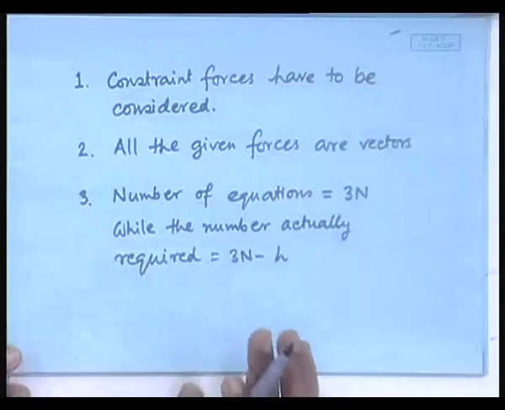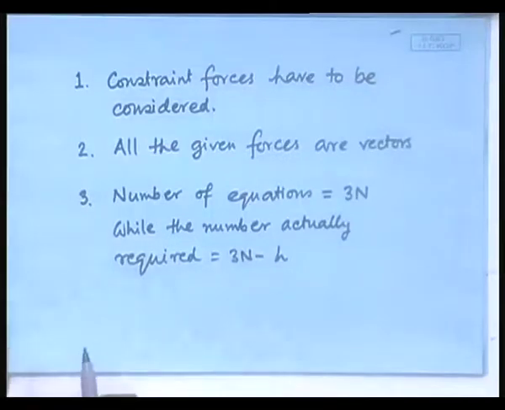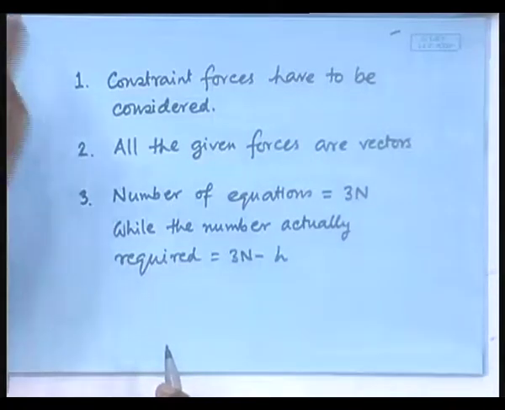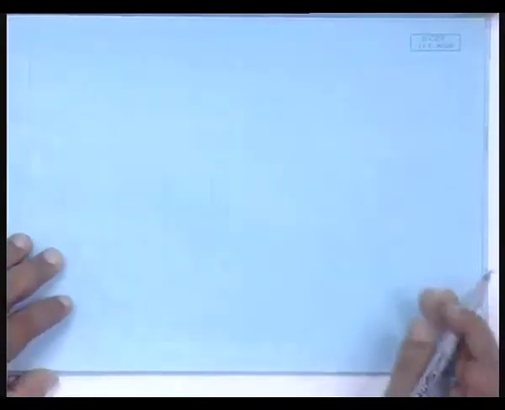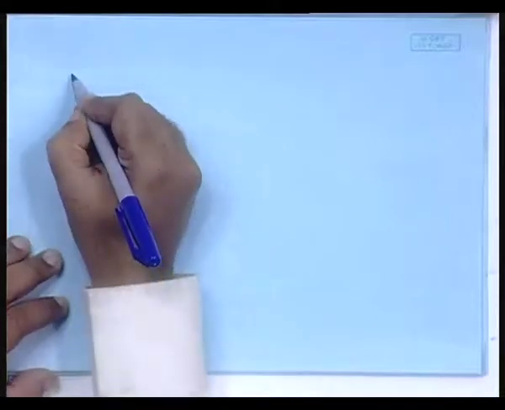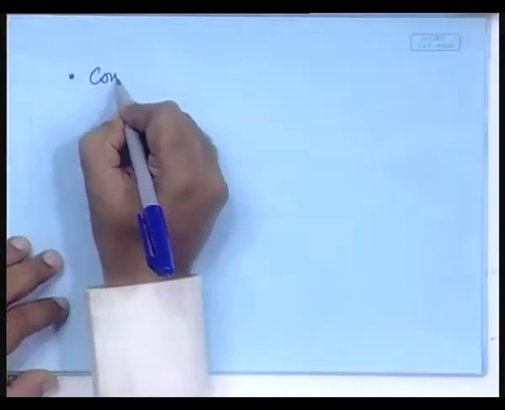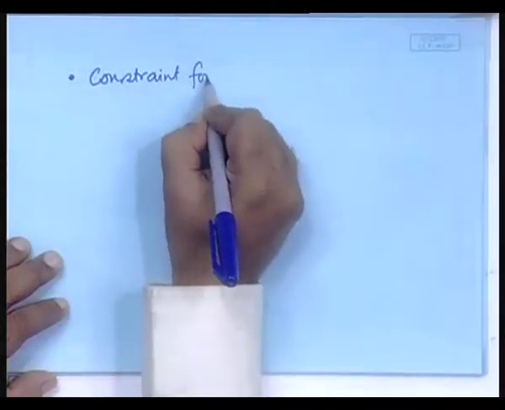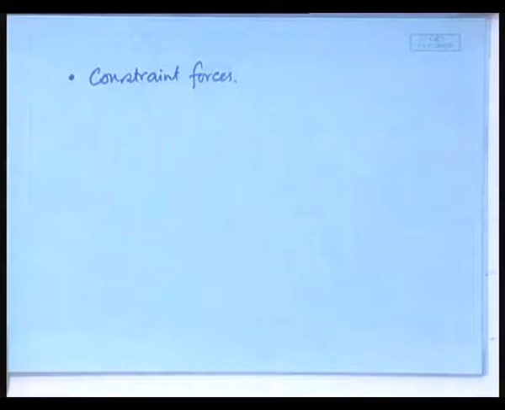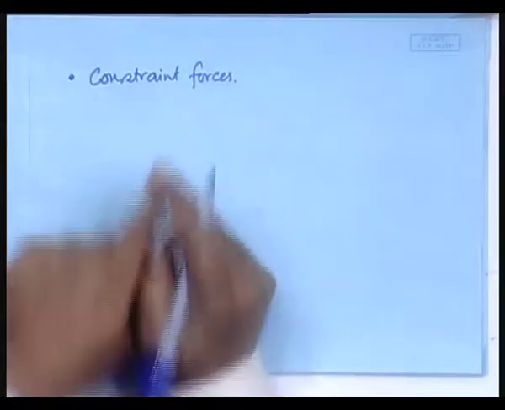So, these were the 3 major difficulties with the Newtonian formalism that we need to overcome. So, let us go one by one. First, let us consider the situation of the constraint forces, and how to deal with them. In countering this problem we argued